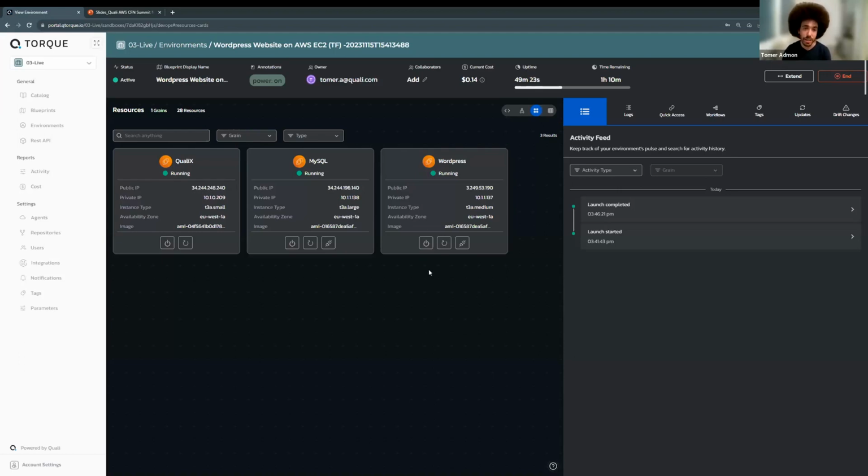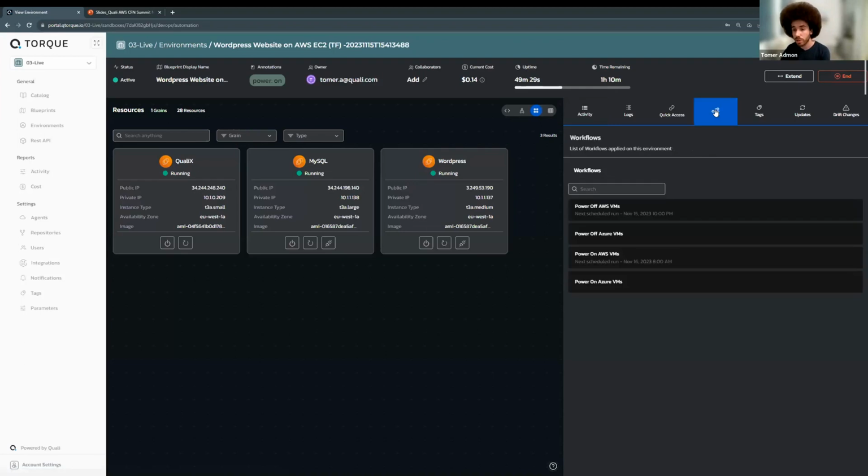So Torque, in this environment management notion, provides something we call workflows. And those workflows are predefined automation that you can schedule to monitor your environment, to run something, to check for specific metrics. But in this case, we can take this non-prod environment and turn that off at 10 p.m., turn that on at 8 a.m. Why is that? Because we want to make sure we are optimizing the resources as much as possible. By doing that, some of our customers reduce their cloud spend by between 50 to 80%.